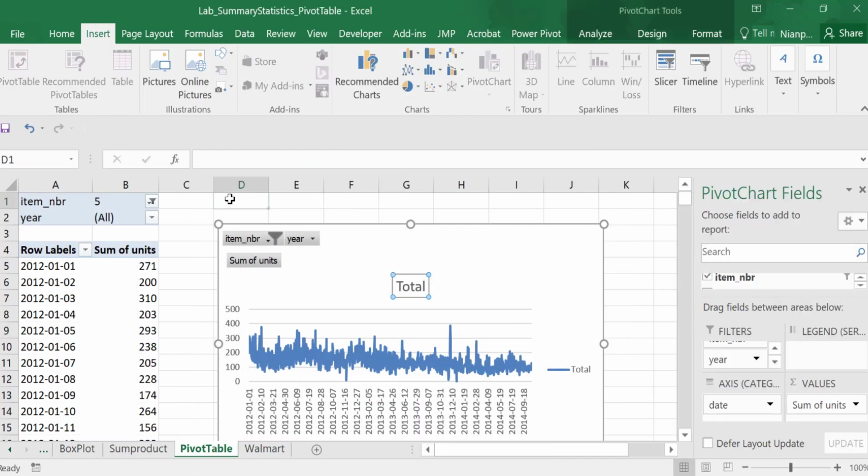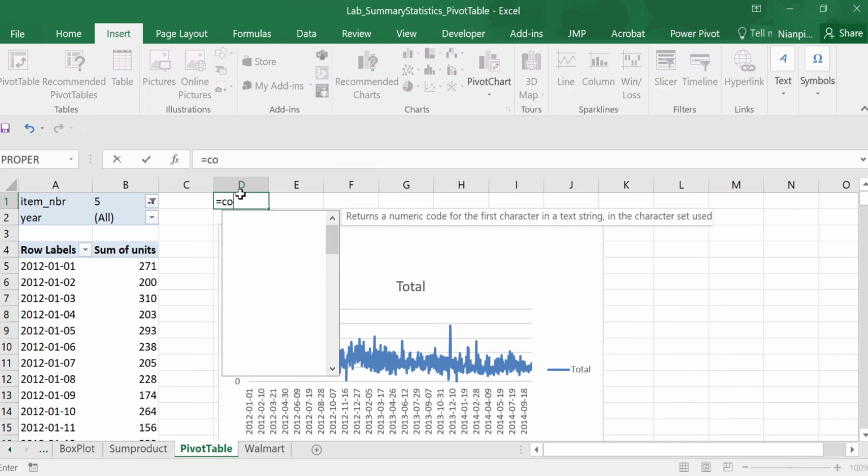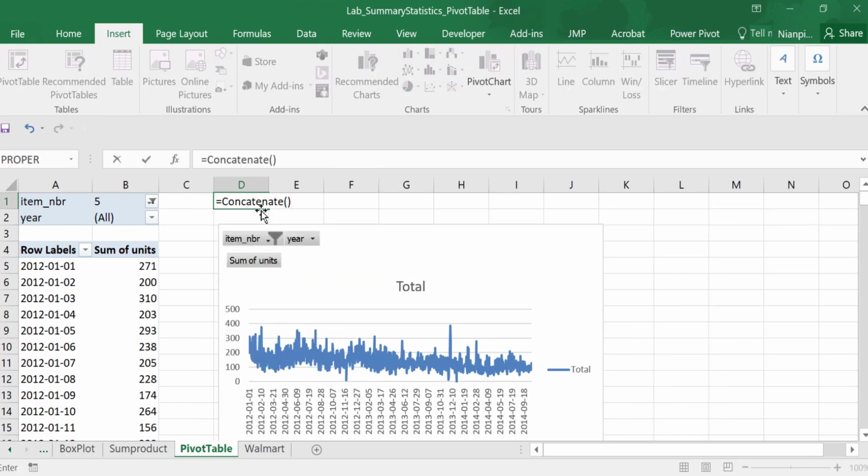So we go to the pivot table. We just select a row equal to concatenate. This is the function. So this time we want the item, space, which item. So item is indicated in B1. We just use B1. So concatenate is a way to link all the text strings or values together as a phrase. And then the item, and